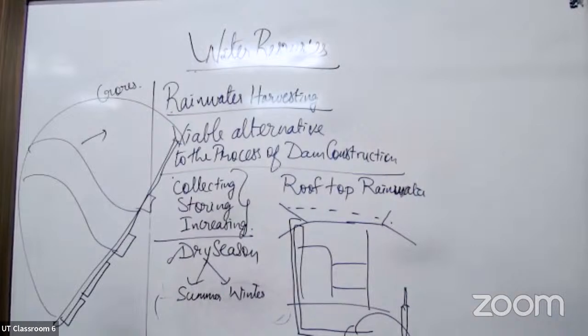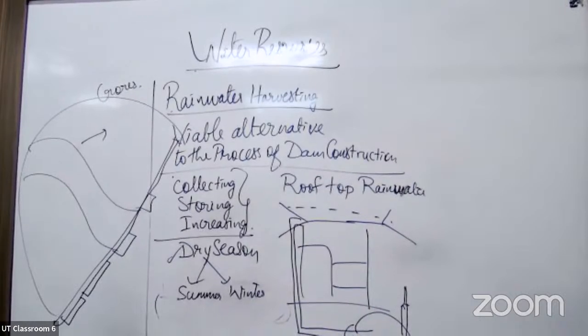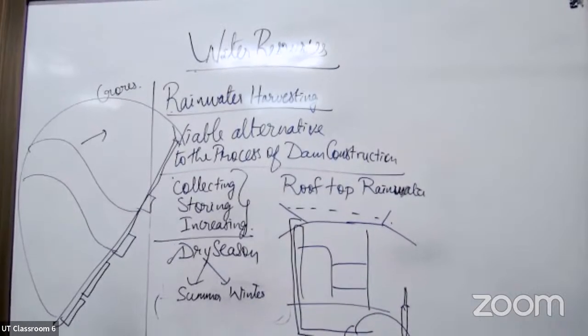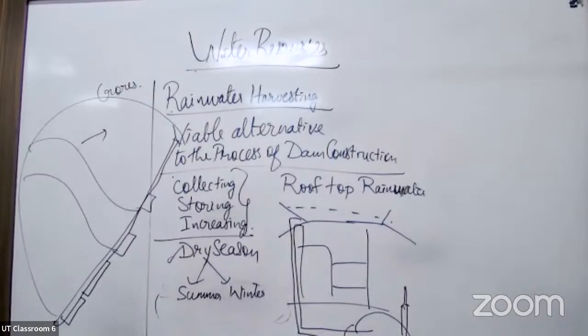Which water table? Write there: underground water table. To reduce groundwater pollution, to improve the quality of groundwater, to supplement domestic water requirement during summer and long rains. Methods of rainwater harvesting.